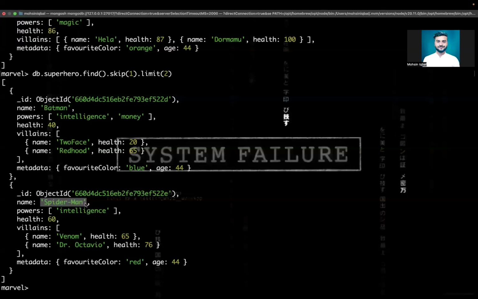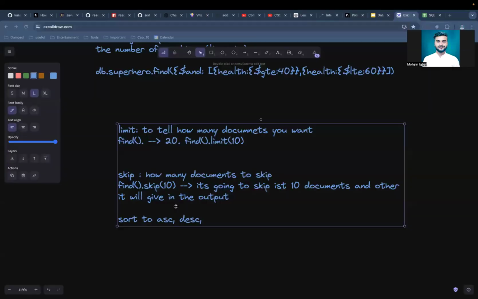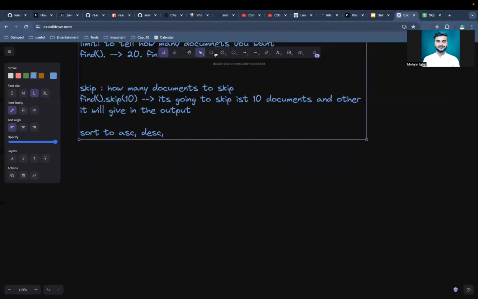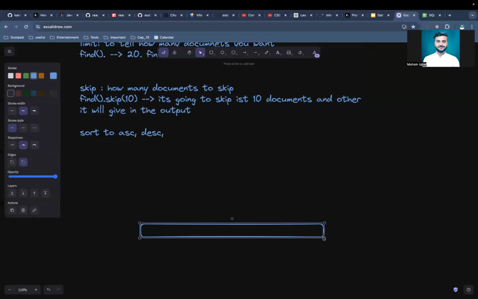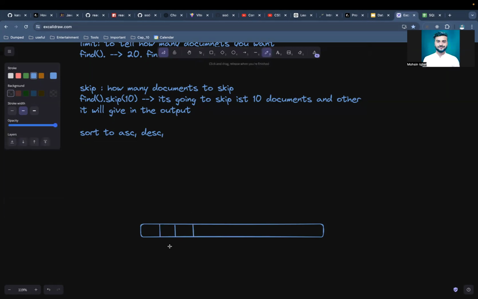Yes? Okay. So, where can you use this limit and skip? Let us understand that as well. Do you have any ideas ये कहाँ पे use किया जा सकता है? Rohit is correct. Praveen is correct. Very nice, guys. Let us say this is 1, this is 2, and this is 3. So if you have this pagination component and someone clicks on 1,